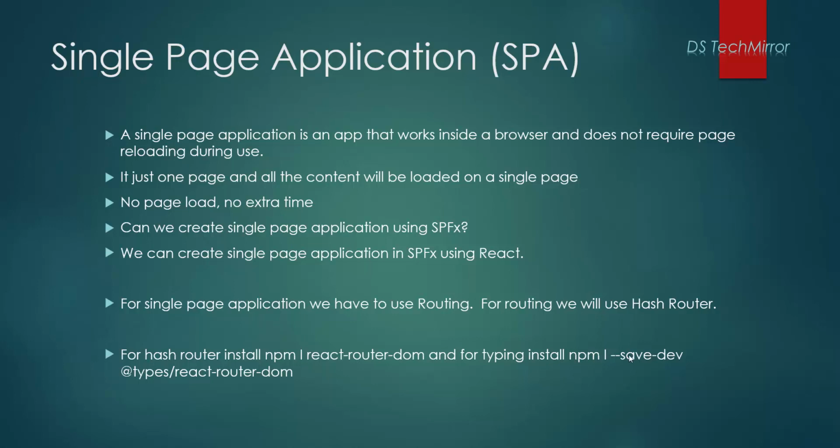So before coming to the hash router, let me try to explain what is the key scenario in single page application. Again consider a scenario where you have 4 pages in your single page application. Now you cannot provide hyperlinks to your links in the left navigation so that they can take you to the landing pages, because we have a single page. So how will we make sure that whenever we click on a link in the left navigation, your content gets rendered on the same page? This we will achieve by using routing.